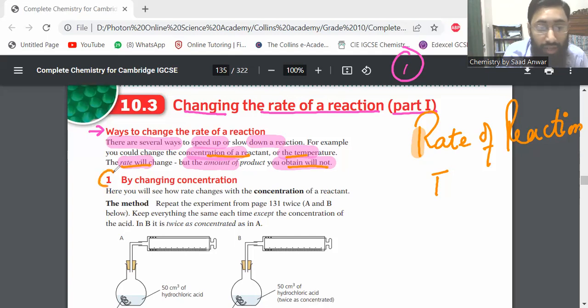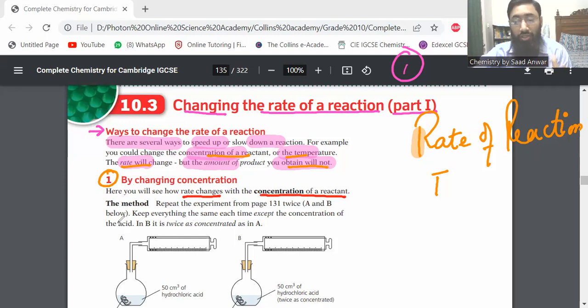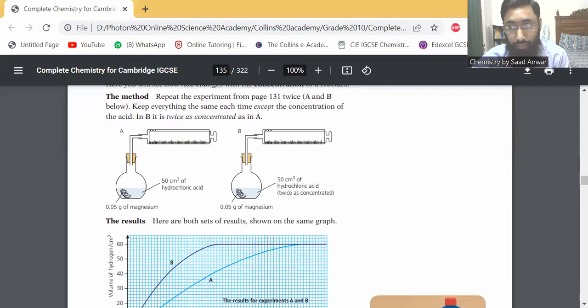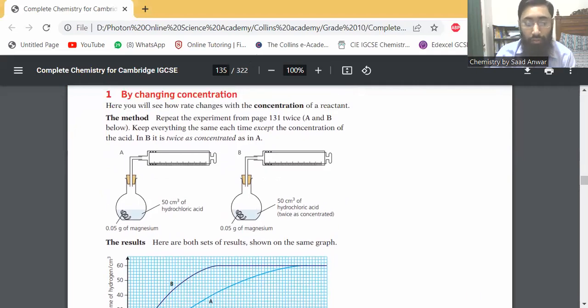One factor is changing the concentration. We will see how changing the concentration alters the rate of reaction. Here you will see how the rate changes with the concentration of reactant, meaning when we change the concentration of a reactant, how the rate of reaction will change. The method: repeat the experiment from page 131 twice. This is the method, and in this method